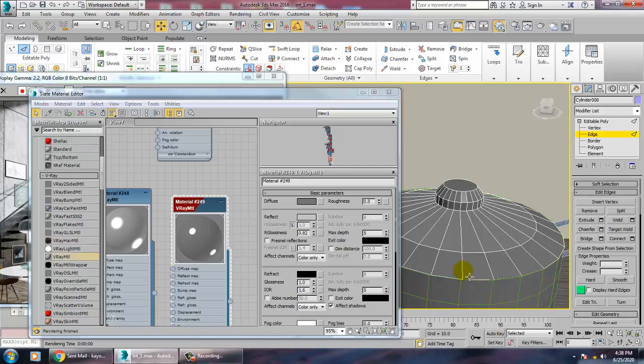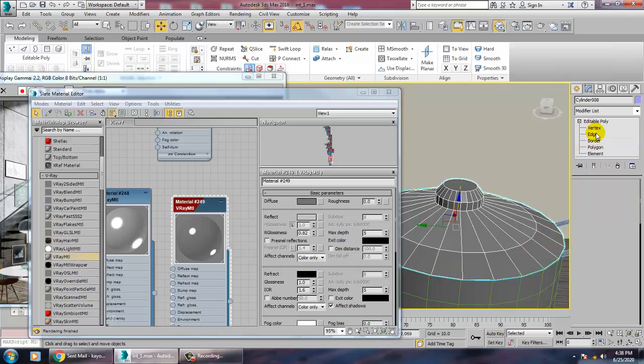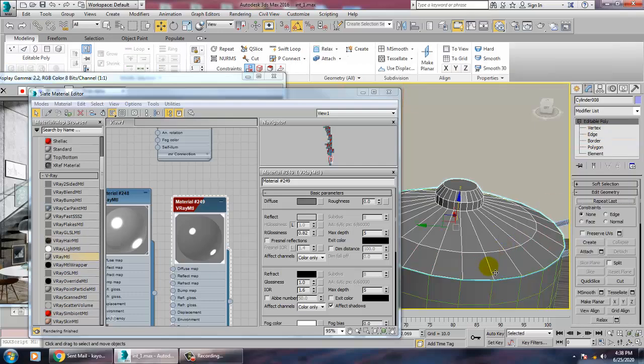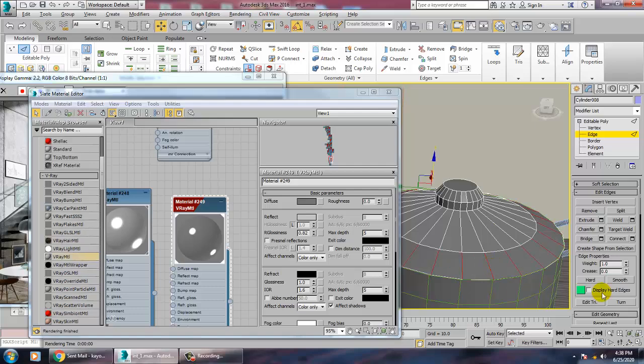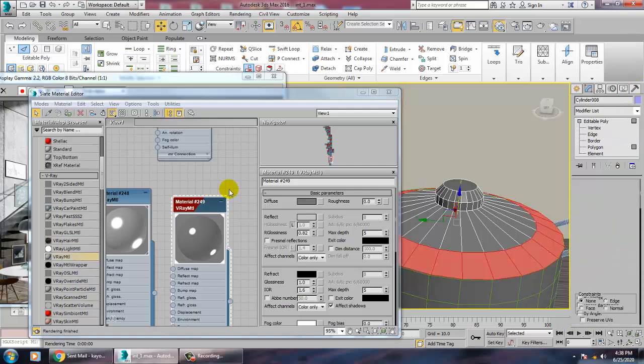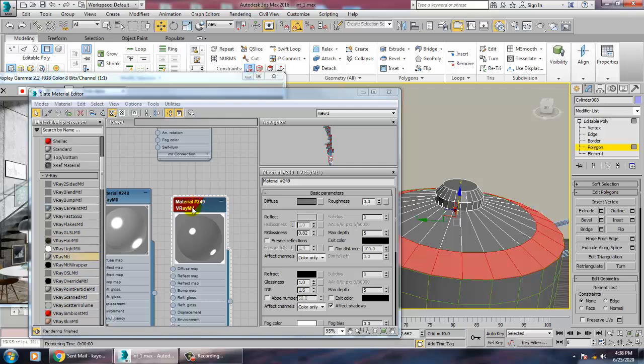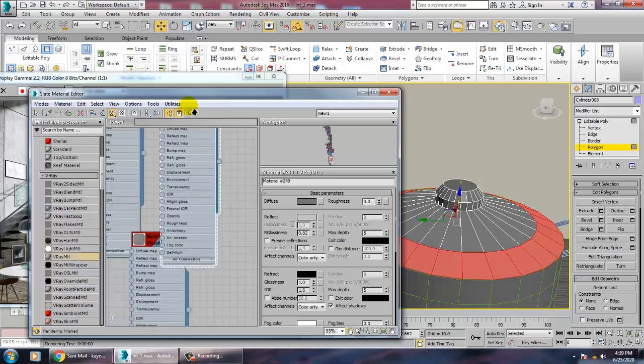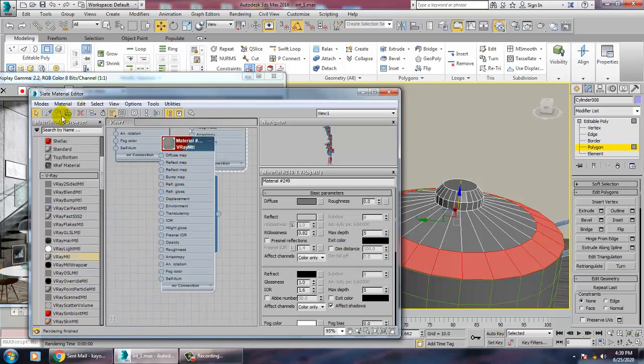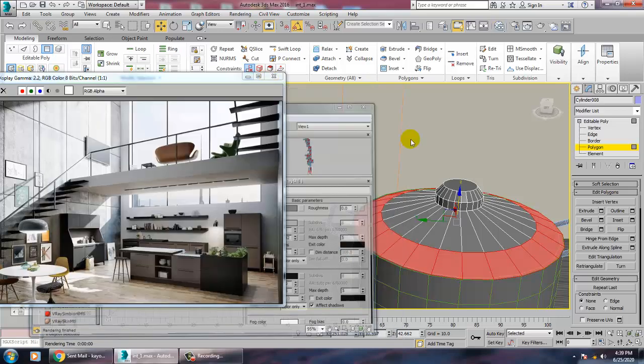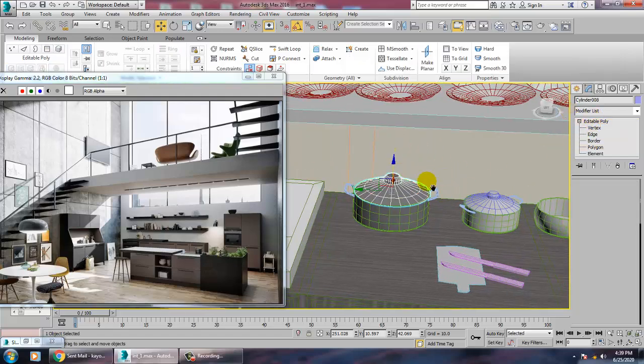What you can do is you can just ring this, click on the polygons. So select these edges, ring, and click on this polygon, and you can give this also transparent, much better.